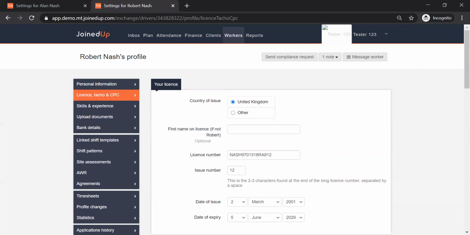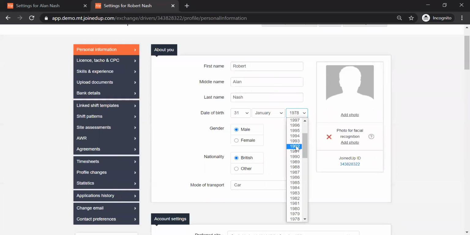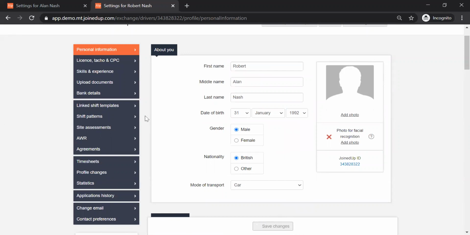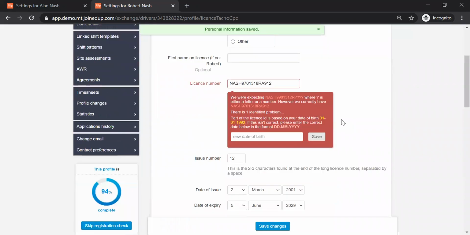Now we can test the date of birth. Let's change the year of birth and now let's again just resave it so we can see if the error message shows. There we go. So what does it say now? Part of the license ID is based on your date of birth, and your date of birth is 31st of January 1992. So at the top here, if you check it really one by one,